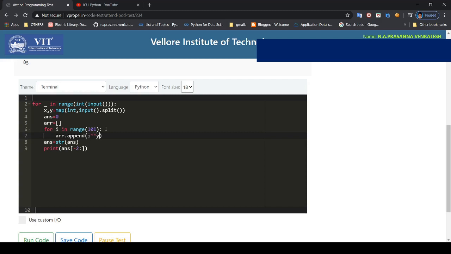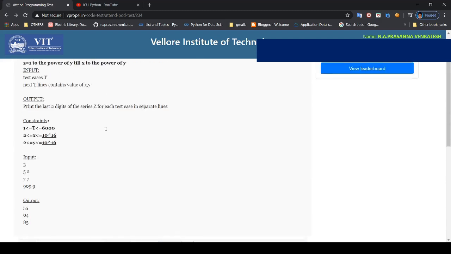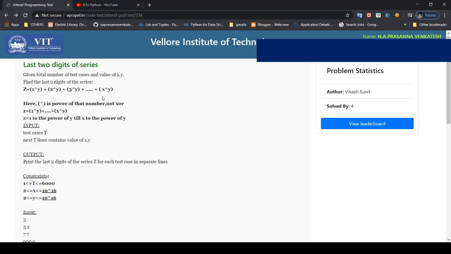So this we need to do, and yeah, this is good. And at last, let us say that n is equal to the number of hundreds we have in x.